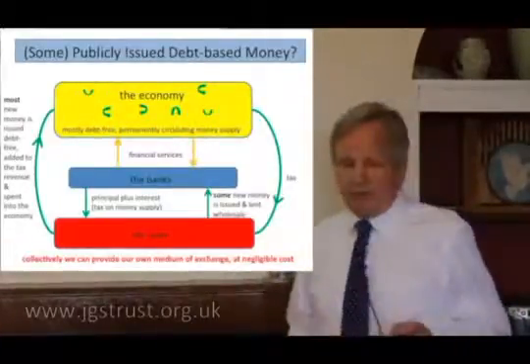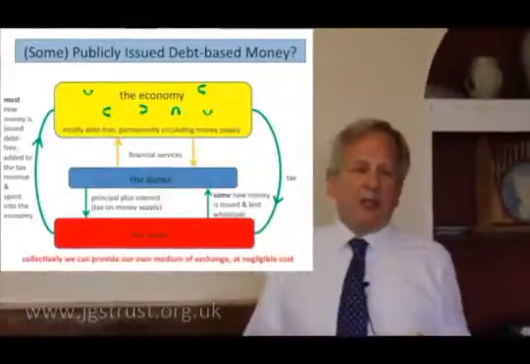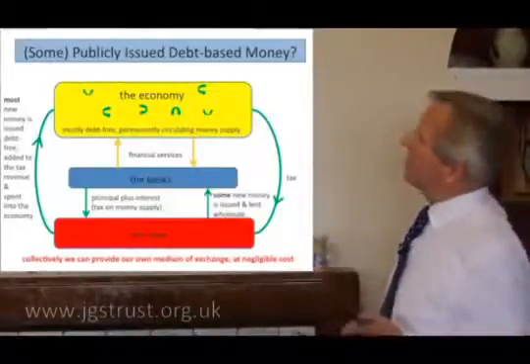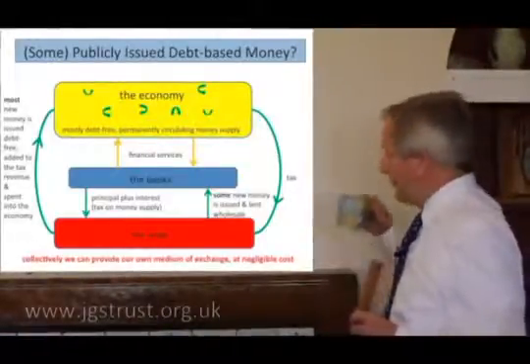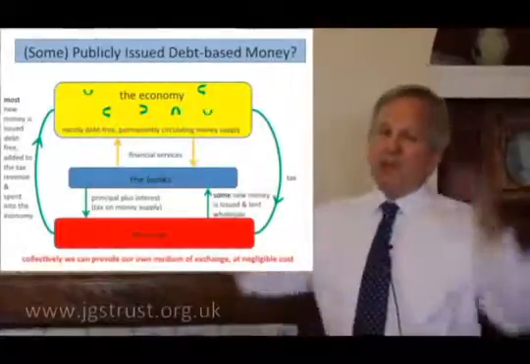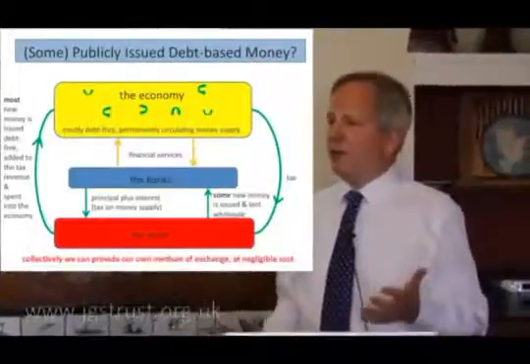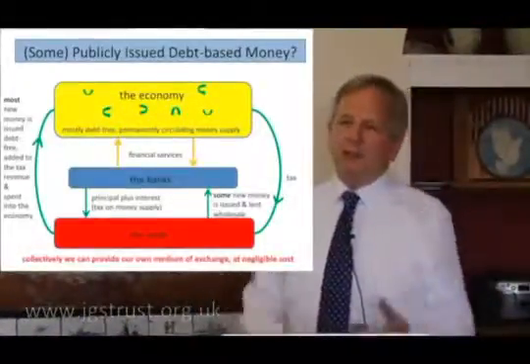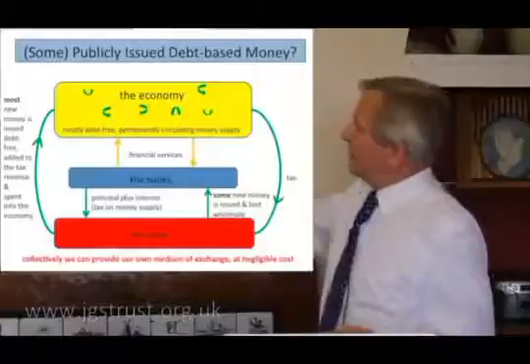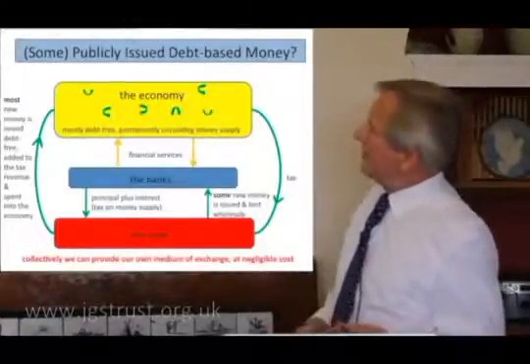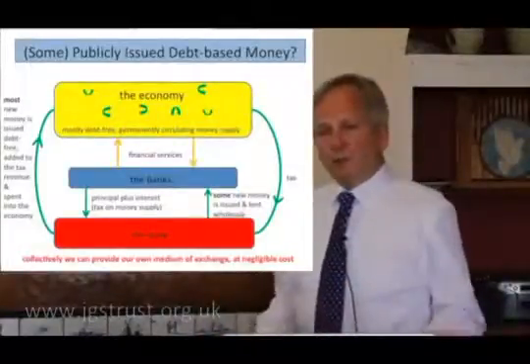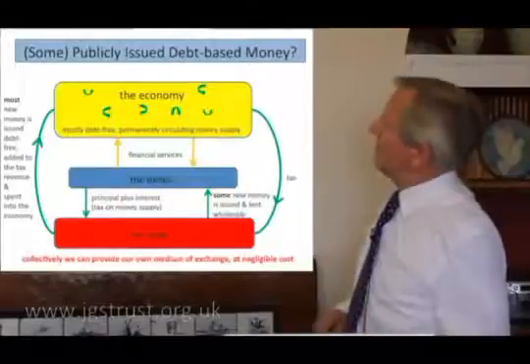Let's not knock debt-based money per se. We're just knocking commercially issued debt-based money. But there is an argument that any money system needs to be a bit flexible, needs to expand and contract. You know, if somebody invents a new widget and suddenly lots of factories are needed to produce these new wonder widgets, well, we need a bit more money in the economy. Well, we can still do that. We collectively, through the state, can lend money into the economy as well as spend money into the economy. So it's not a problem. This is a counter-argument to